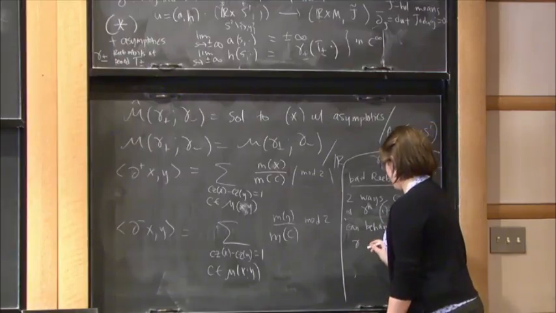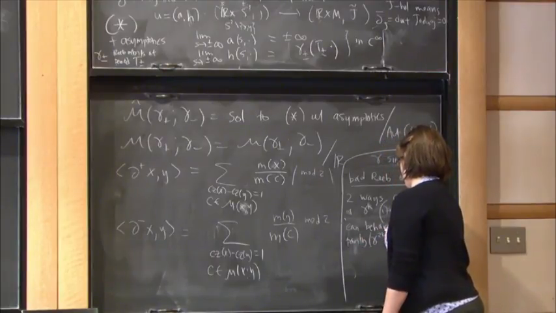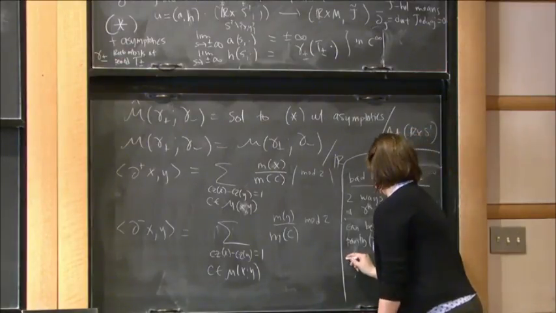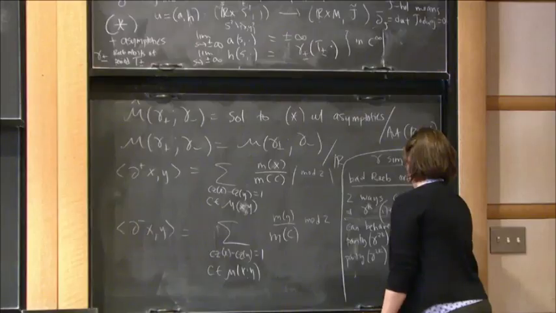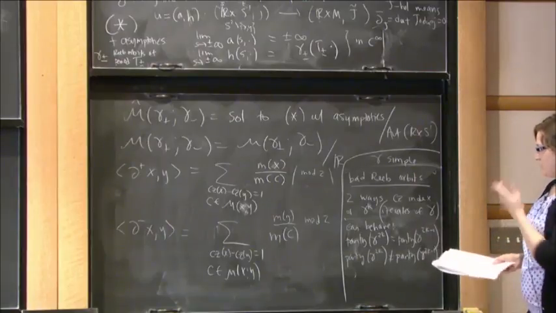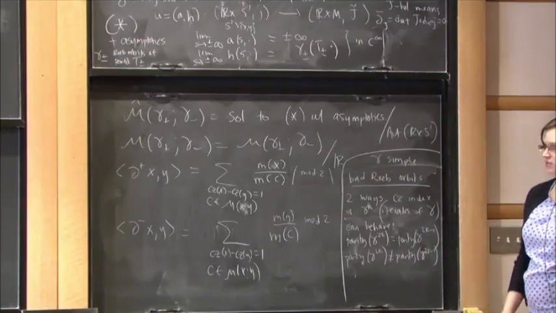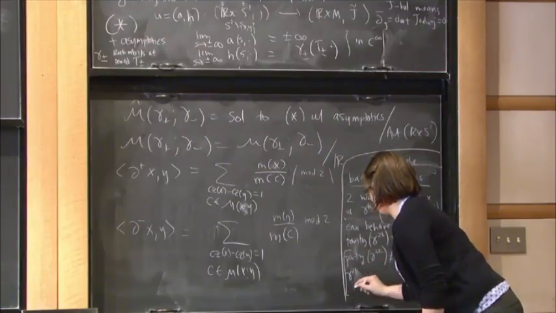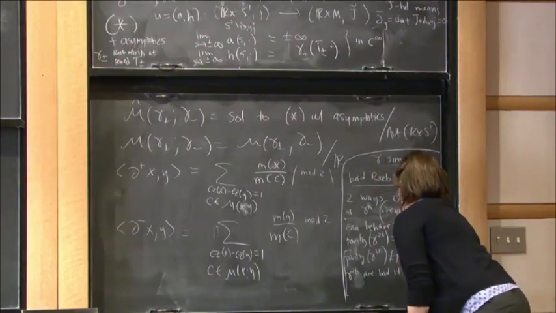One is that the parity of gamma to the 2k is equal to the parity of gamma to the 2k minus 1, or the parity of gamma 2k is not equal to the parity of gamma to the 2k minus 1. Okay, so basically what I'm saying is that the Conley-Zehnder index can always have the same parity as you increase iteration, or all of the odd multiples are going to have different parity than the even multiples. So then the even multiples are bad if the parity is different